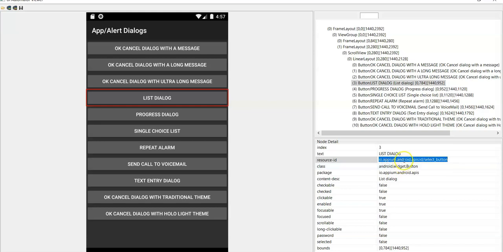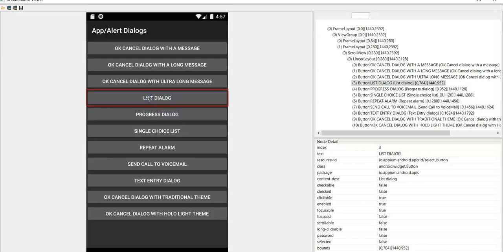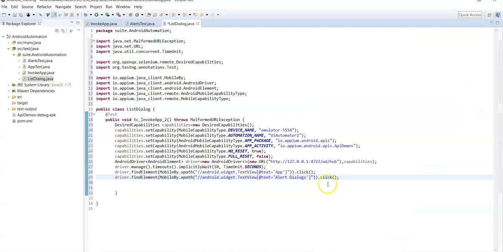So let's see whether this ID is unique or common for all buttons. Progress button, right? Radio button, checkbox button. So list dialog is the select button. So this is the unique locator. So we can use this resource ID to perform a click action on this list dialog button.